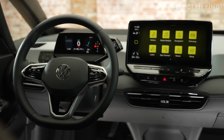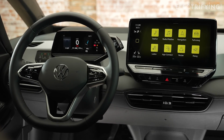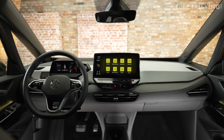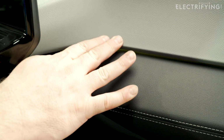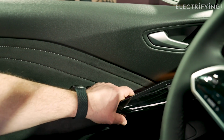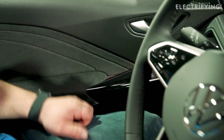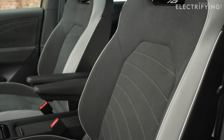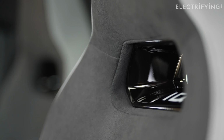The other big criticism inside the last ID.3 was the quality. It might have been screwed together properly, but it felt a bit cheap. This feels much more, well, Volkswagen-y. There's lots of squishiness on the surfaces you'll touch often, and the door panels have been completely redesigned. The seats are great too, and are now better as standard rather than it being an expensive option. If you're one of the people who moaned about the quality inside an ID.3, then rest assured you were heard